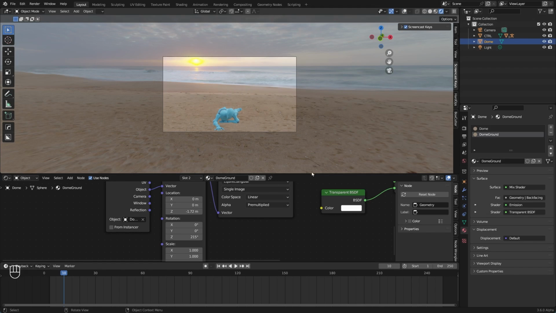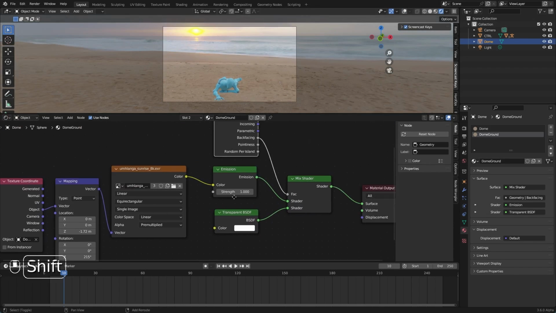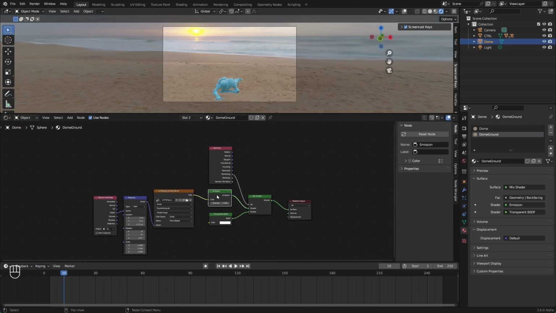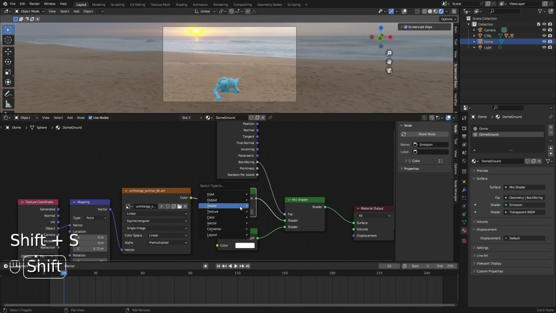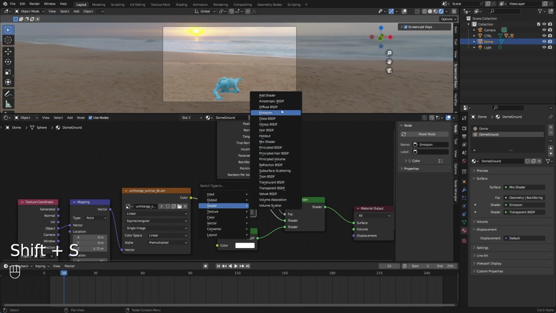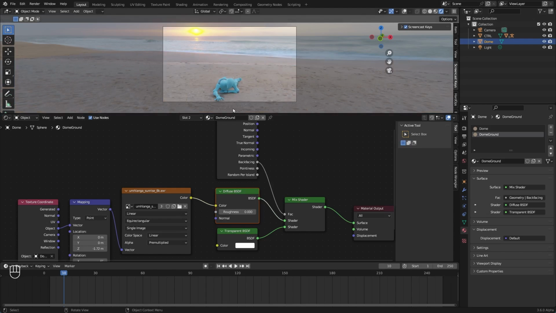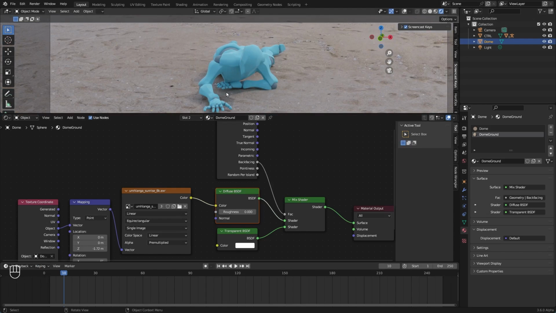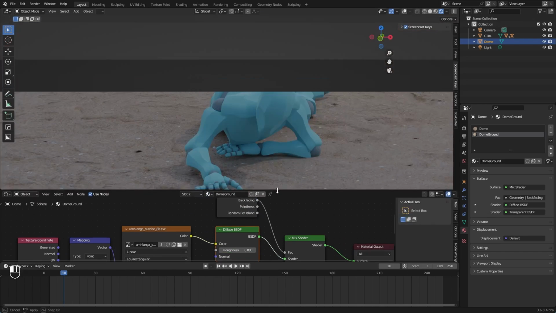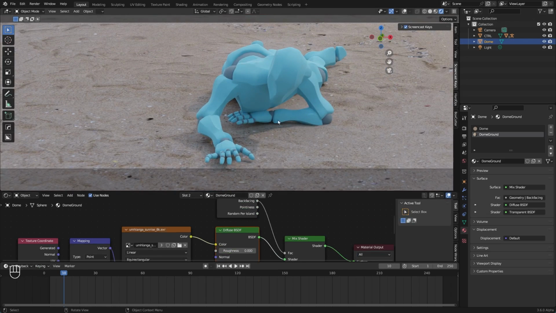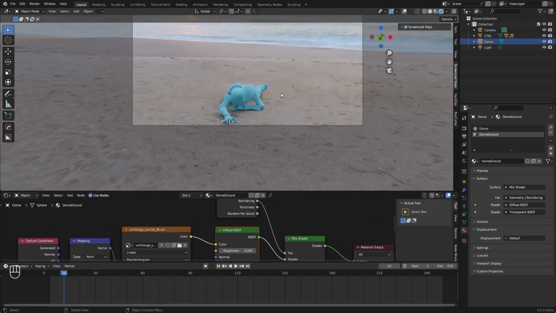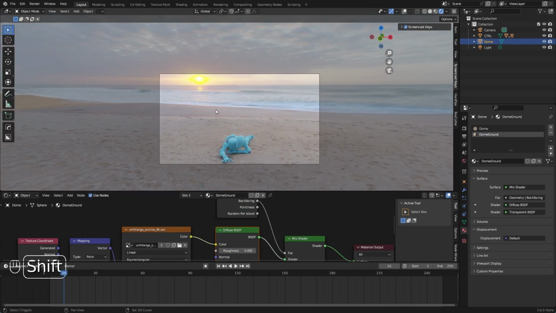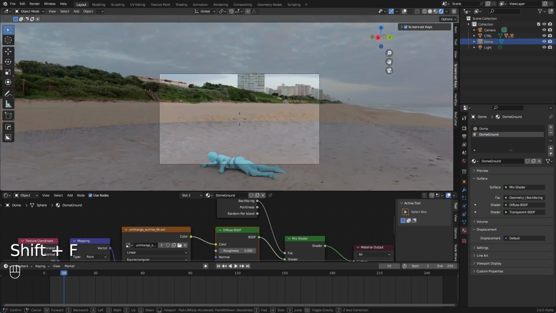Now we want our sky still emitting that light, but for the ground, let's change the emission shader to diffuse. Actually, it looks much better already with the shadows on the ground. It actually looks surprisingly good from this camera angle, but if I move our camera a bit, you will see